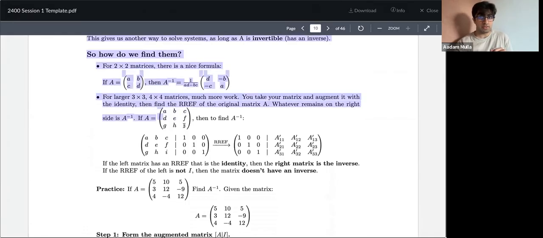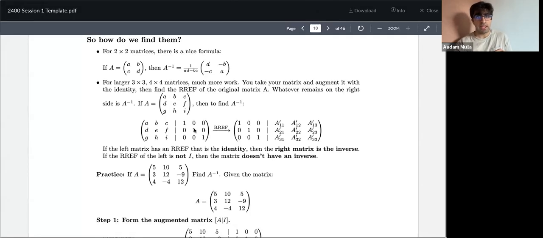For 3 by 3 matrices, it's much more annoying. There's no nice formula like this. What you have to do is take your matrix and augment it with the identity. So you take your matrix A, put it on the left, and on the right side you put the entire identity matrix. Then you do row reduction to turn this matrix